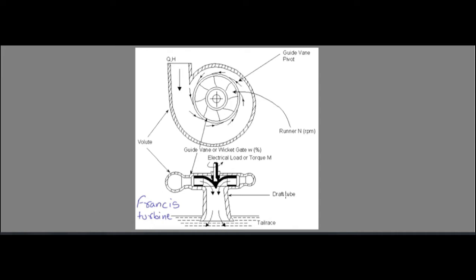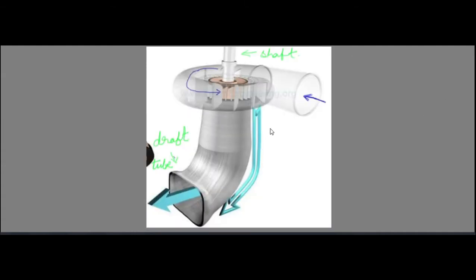And in the middle we have the shaft. To get the output, shaft power will be taken from the shaft. So in the middle we have the shaft. Once again we can see that the flow is entering here, giving the torque to the shaft, and finally dumps into the tail race through the draft tube.